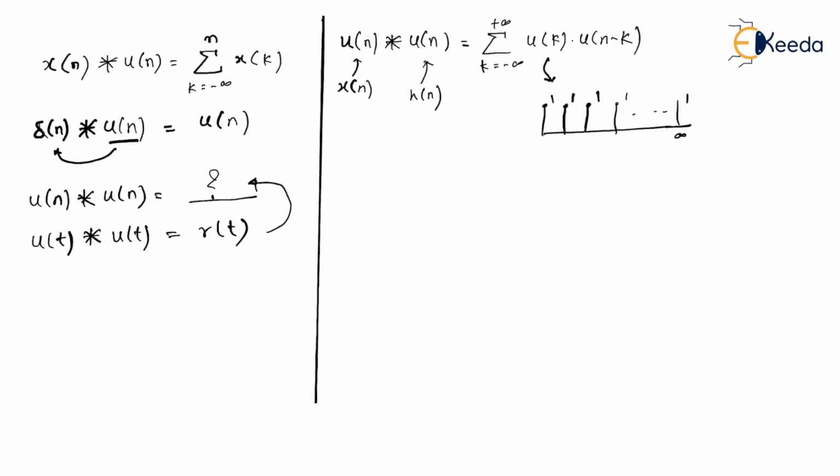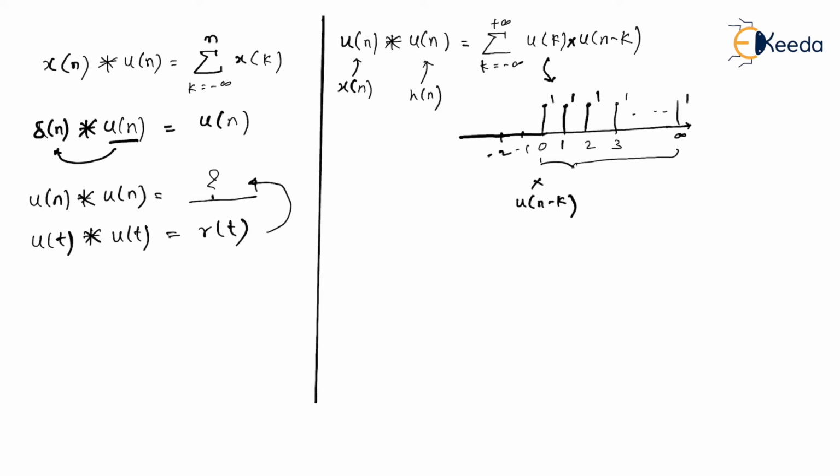So this is u of k signal. For -1, -2, it is always 0. And when k is from 0 to infinity, u of k is always 1. So this is how the u of k signal looks. The u of n minus k signal we have also already drawn, since there is a multiplication. So I'm just looking at our u of n minus k signal also.